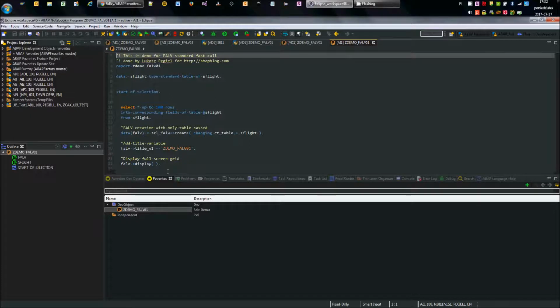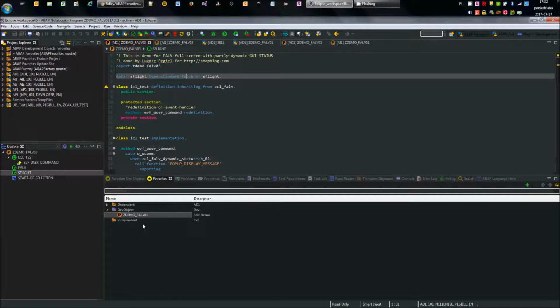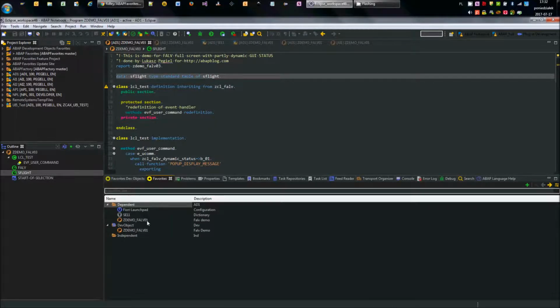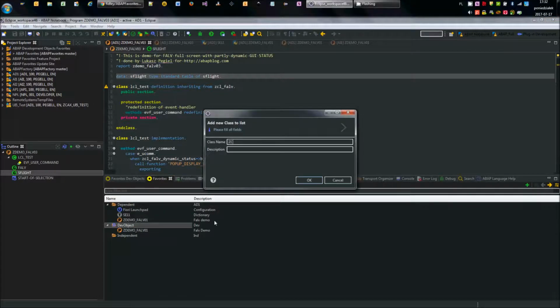So it's quite nice to have such a possibility to store all project dependent or project independent favorites. So just as you wish, as you need. It depends on your work, if you work on several systems or ones, or they have the same stack, ABAP stack, and so on. You can also as well, instead of only creating new favorites,